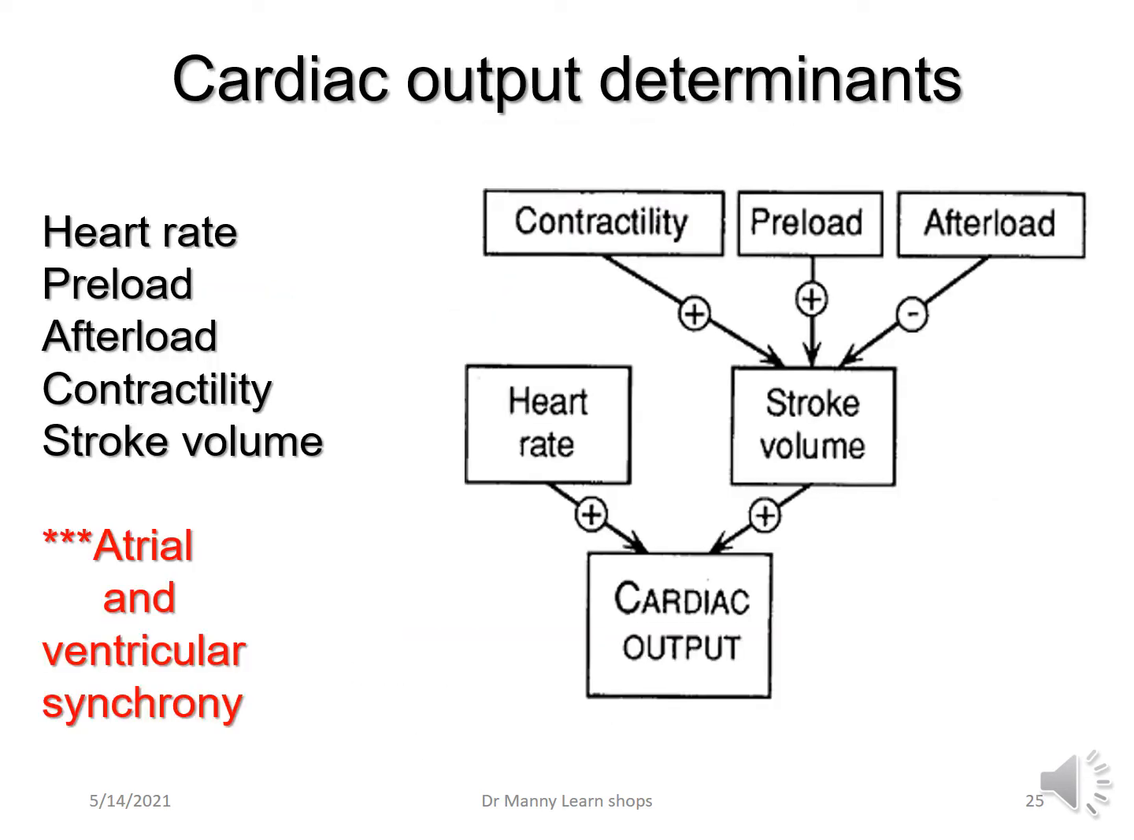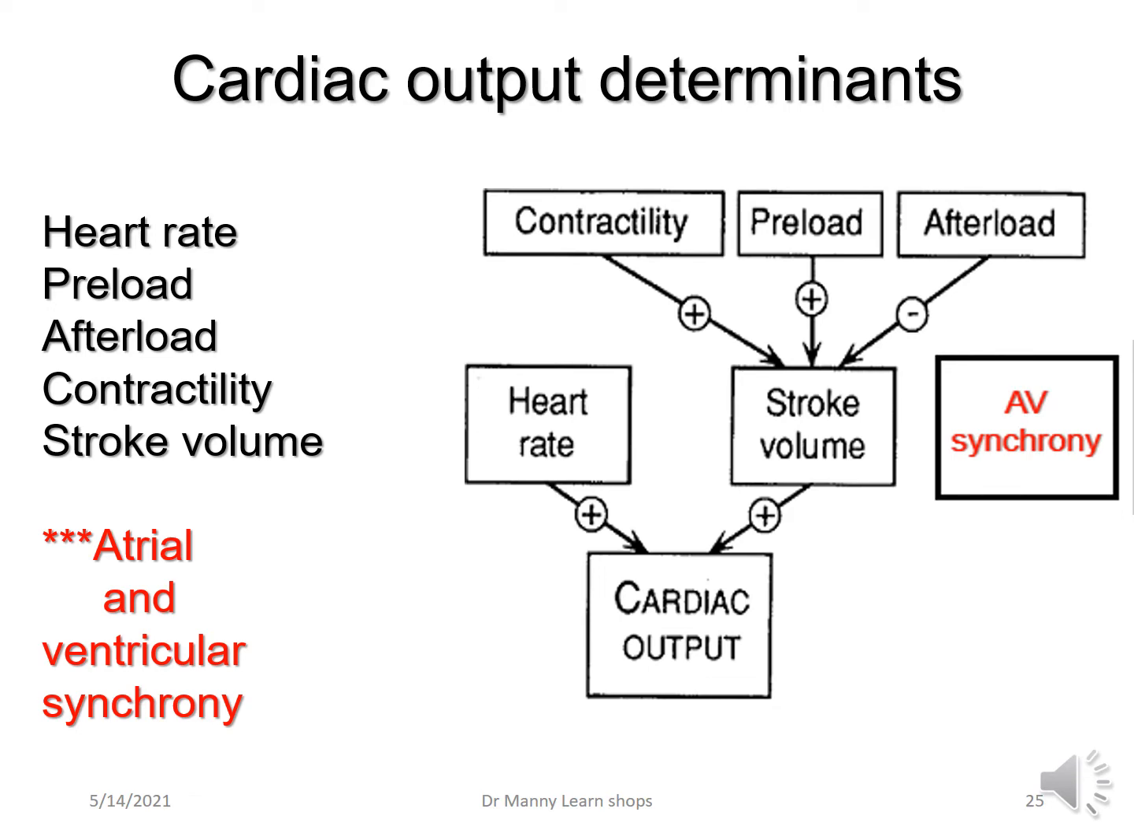What are some of the determinants of cardiac output? Well, heart rate is one of them. Preload is another. Afterload is another. Contractility and stroke volume. I like to include atrial and ventricular synchrony, which basically means that the heart is in